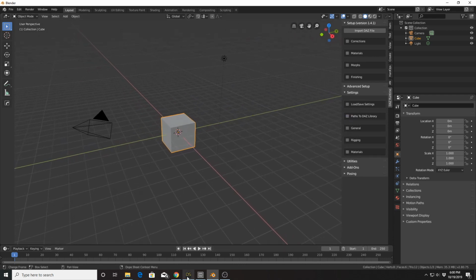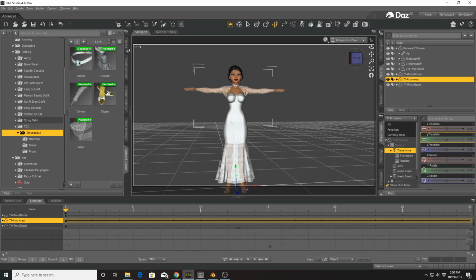Alright, the next part we need to do to set up is go to DAZ Studio, and we need to create basically a new function in DAZ Studio to import JSON data, because you're going to be importing a DUF file, but it doesn't have all the information needed for Blender. So the way they developed it is you also have to export some data in a JSON file.